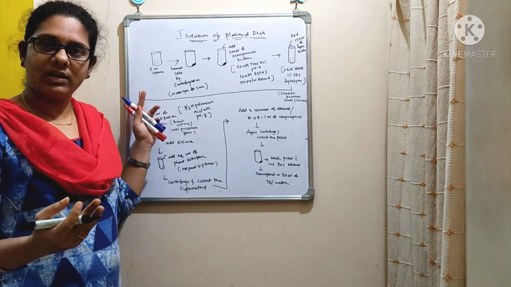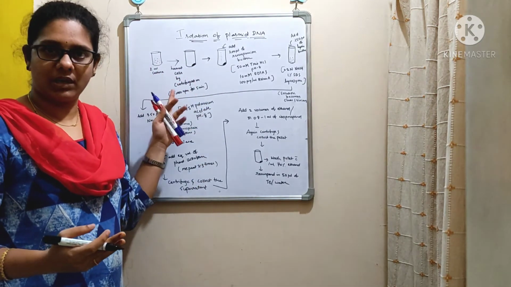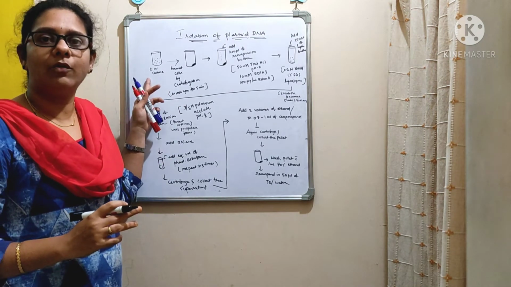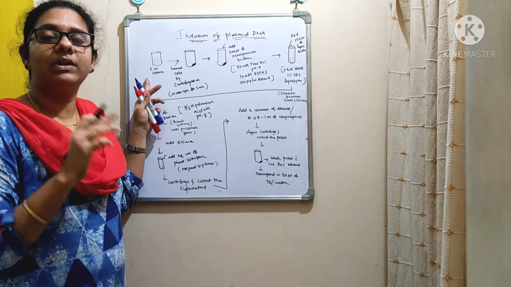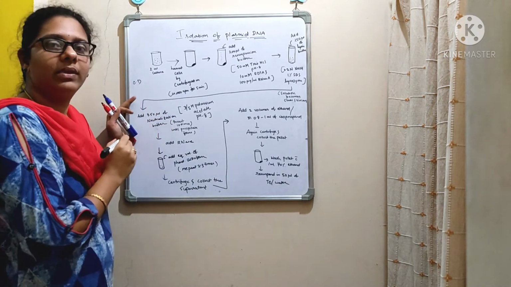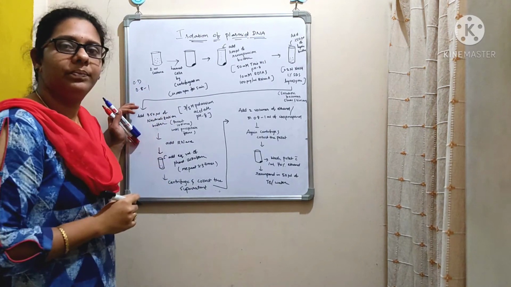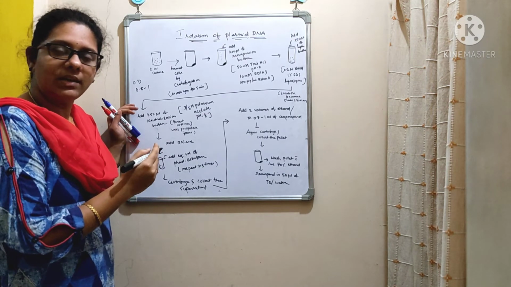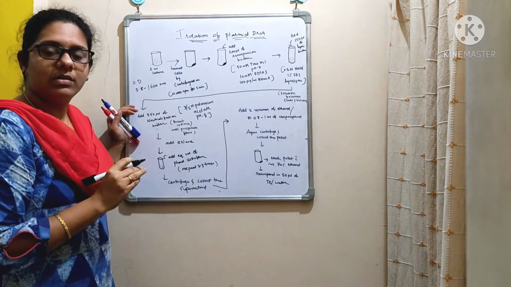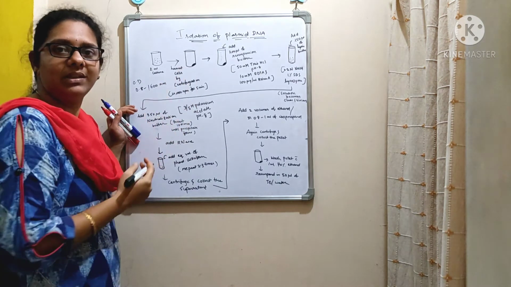So after the overnight incubation, as you are interested in isolating the plasmid DNA from E. coli cells, you need to transfer 2 ml of culture. Before you transfer culture into an Eppendorf tube, you need to check the OD, and the OD should be around 0.8 to 1 when you measure the absorbance at 600 nanometers using a spectrophotometer. So once the cell density is achieved, then you can proceed with the experiment.